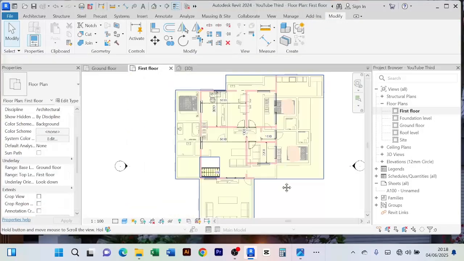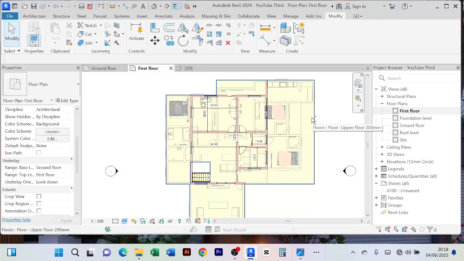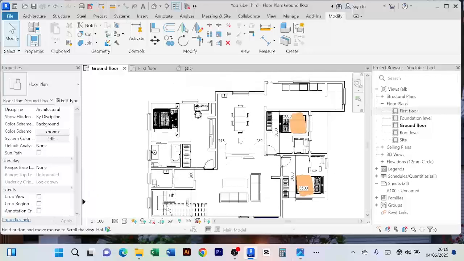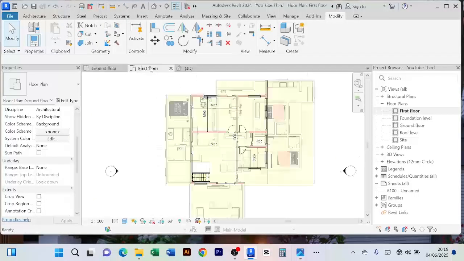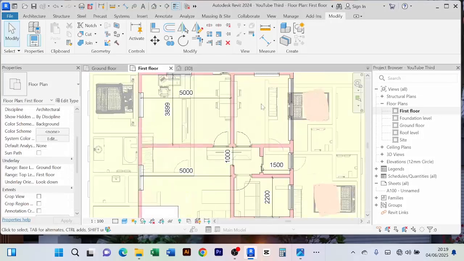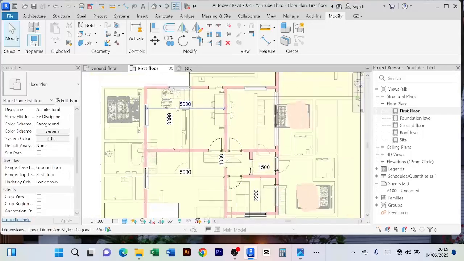When I come to our first floor, the only thing remaining this side is to furnish these rooms. I will not really over furnish these ones because you already understood how we furnished our ground floor. Just the same way we did this, you are going to do the same for the first floor. I leave this one as an assignment to you. Make sure you furnish these rooms. You put all the materials, the components necessary, like for this, you need the bed, you need the washroom,